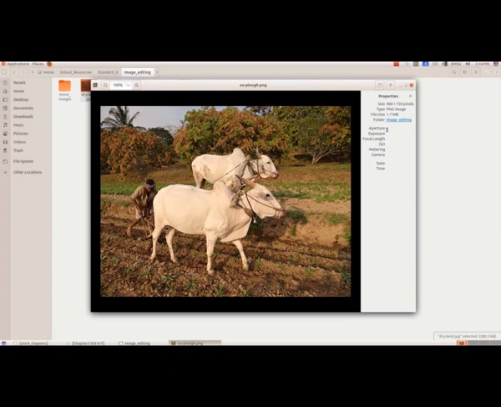And under properties we have the size of the picture. Here it is given as 960 by 720 pixels. The type of the picture means the extension. It is PNG. The file size means the bytes. It is 1.7 MB, and this picture is stored in which folder? It is saved in the folder image_editing. So these are the things that we will get under properties.